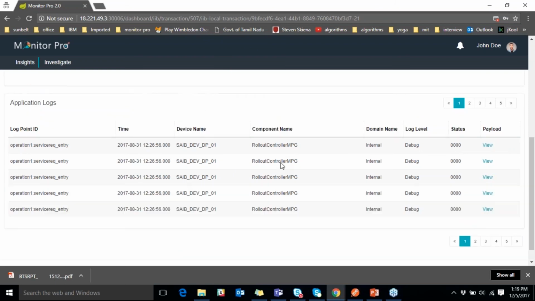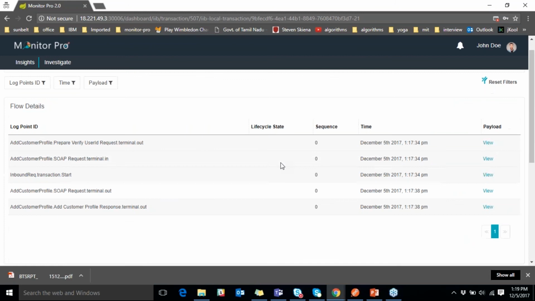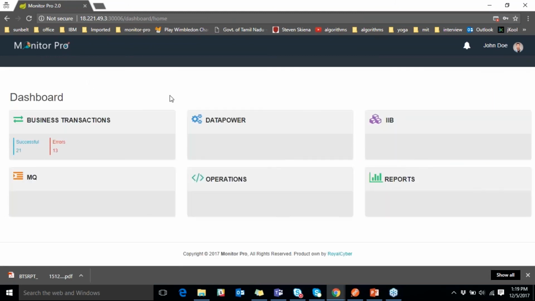So these are the three things I have in the demo, and I also want to quickly walk through the other features which we have in MonitorPro. As I said, we have individual boxes for individual things. For example, if there is a DataPower admin who needs to fix something